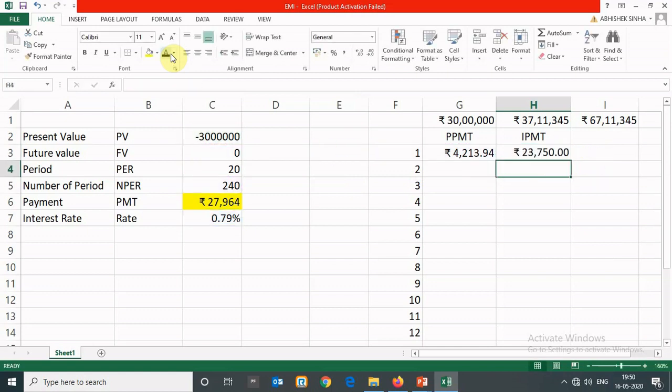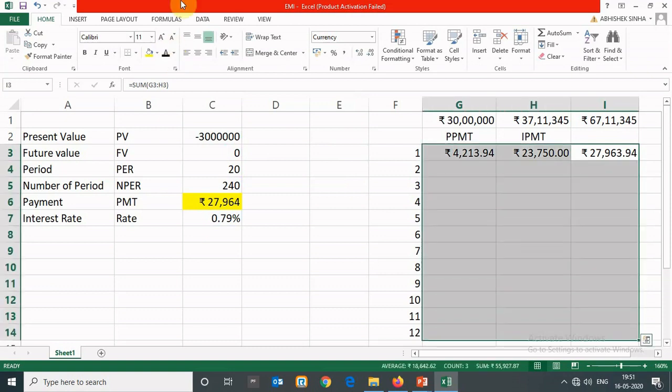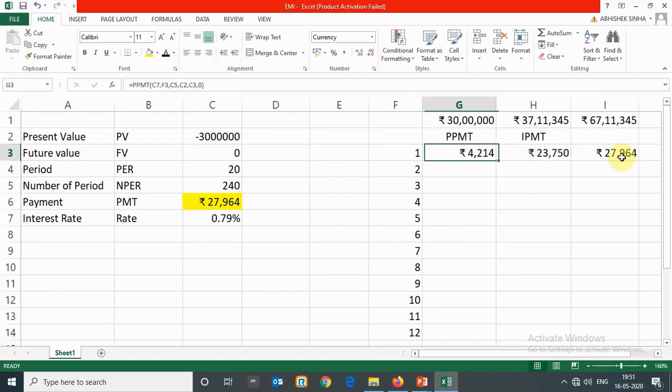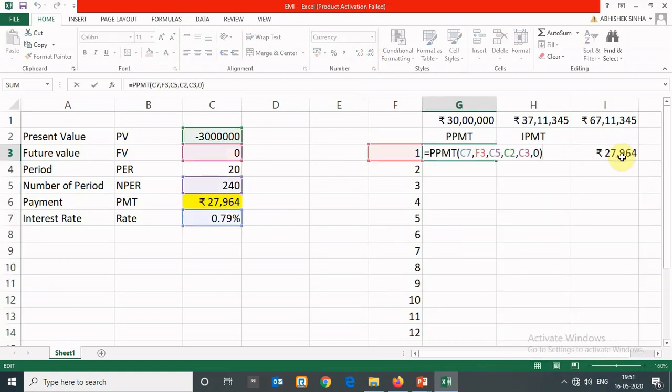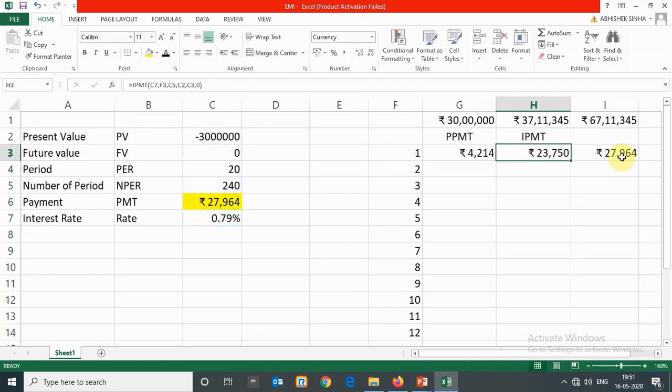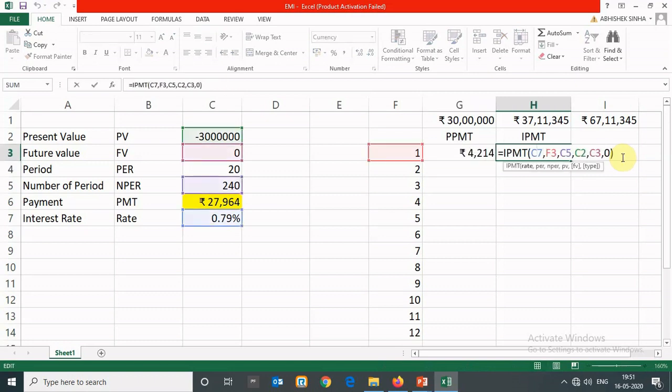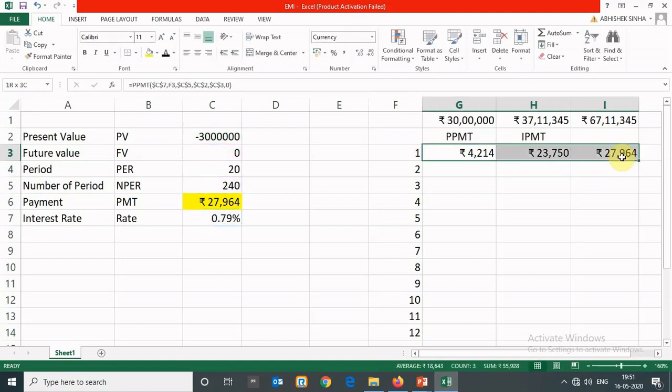So when we sum up, we will find that the total is 27964, let's make it non-decimal, and that is for the first month. Okay, when we fix the cell reference, for fixing we use F4. When we drag it,